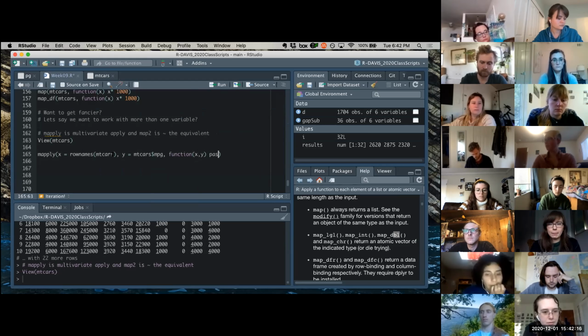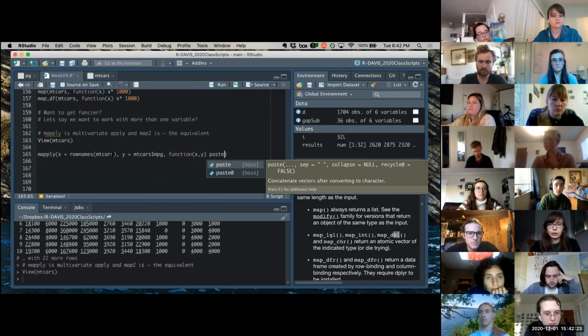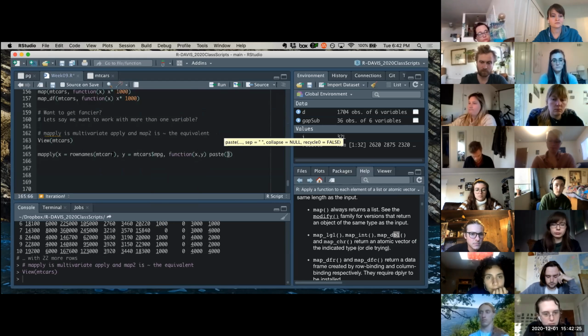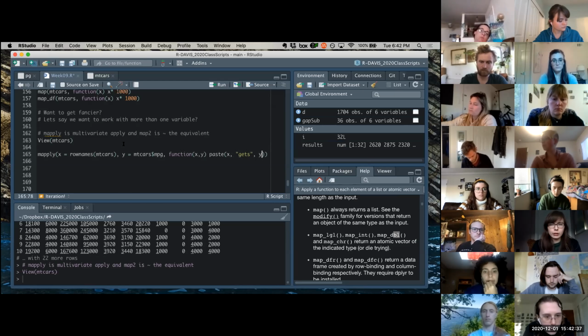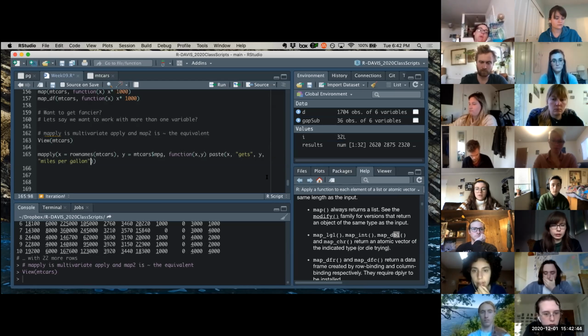Without curly brackets, we're going to use the paste function that Christian reminded us of to put these things together. So paste, where we take our X, which we've assigned to our car names, the row names of cars, and paste that with the word gets. Continue to paste this against Y. So we're doing car names gets the value of miles per gallon, and I'll label that for you. And if we execute this,